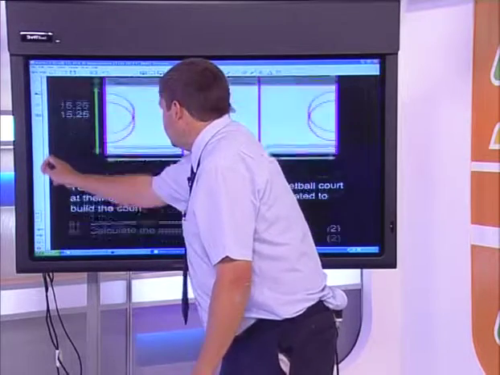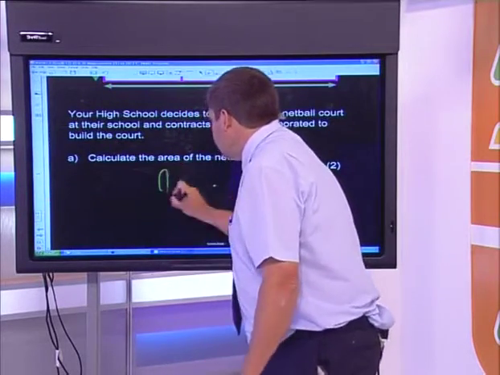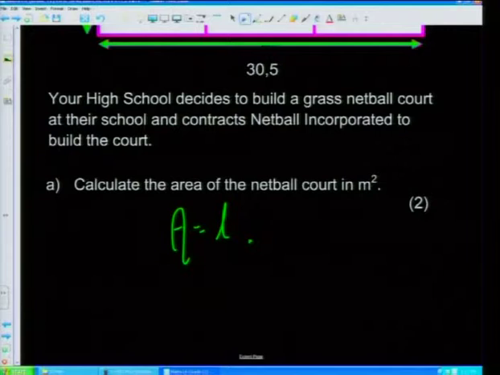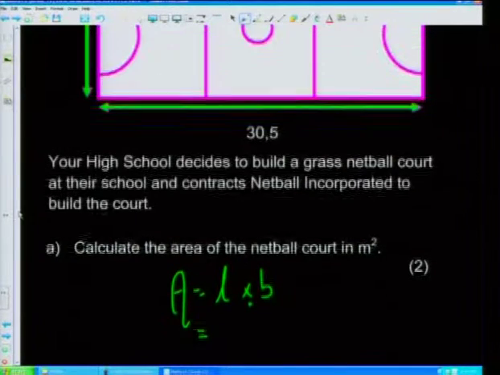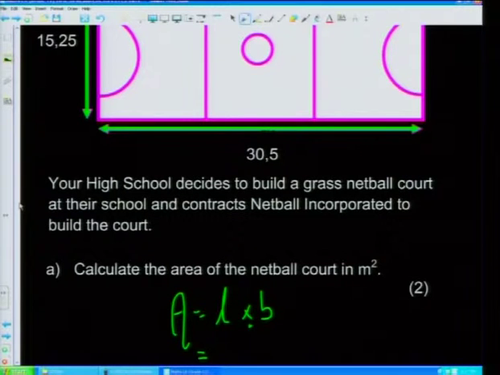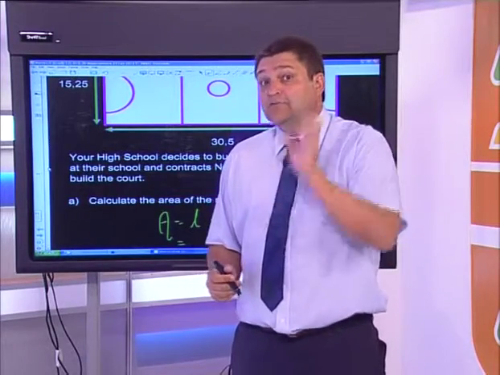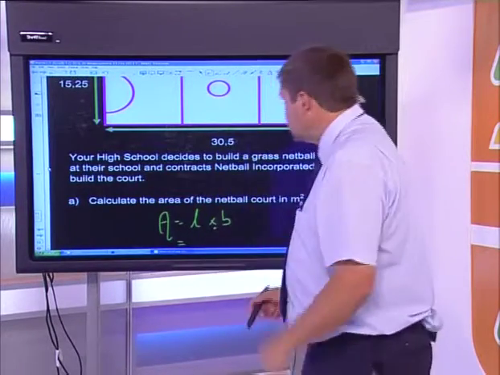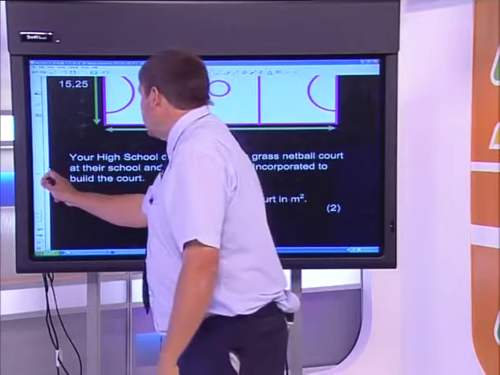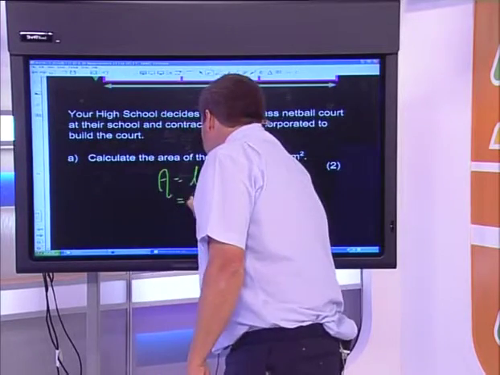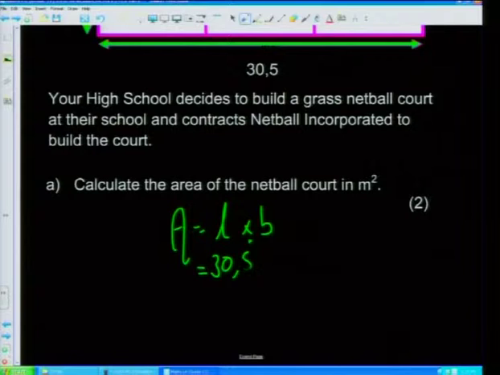Let's scroll down and we're going to say, right, area is going to be the length times the breadth. What is the length of my netball court? We were told 30,5. 30,5 what? 30,5 meters. Remember the question said the measurements given are in meters. So I've got 30,5 multiplied by the breadth, which was